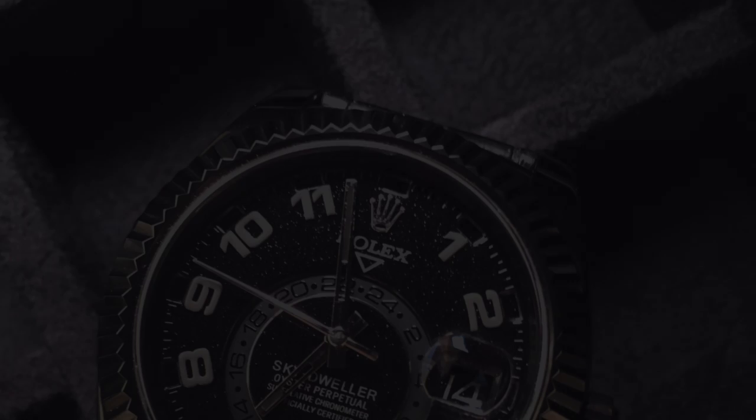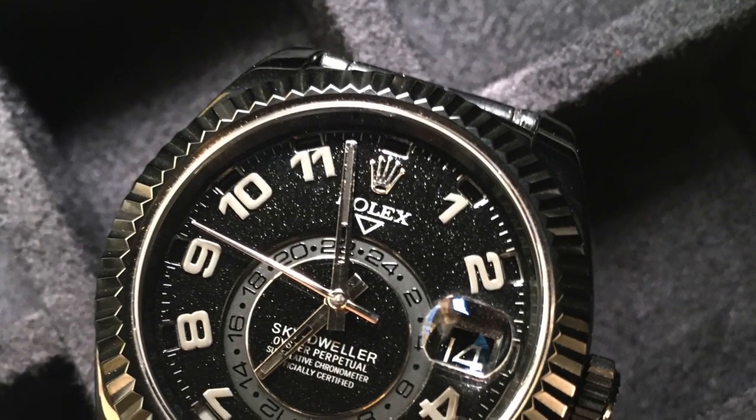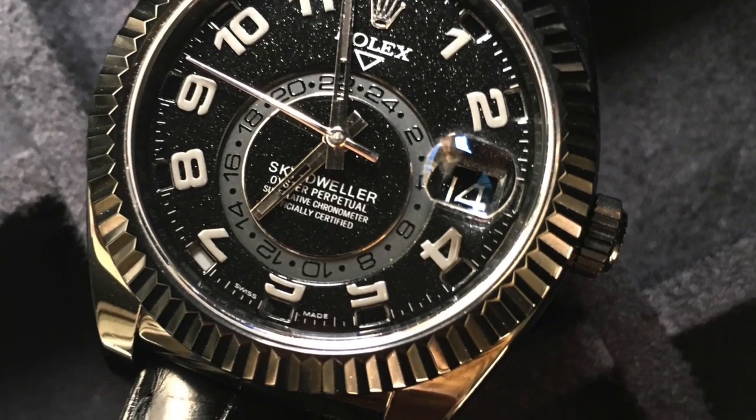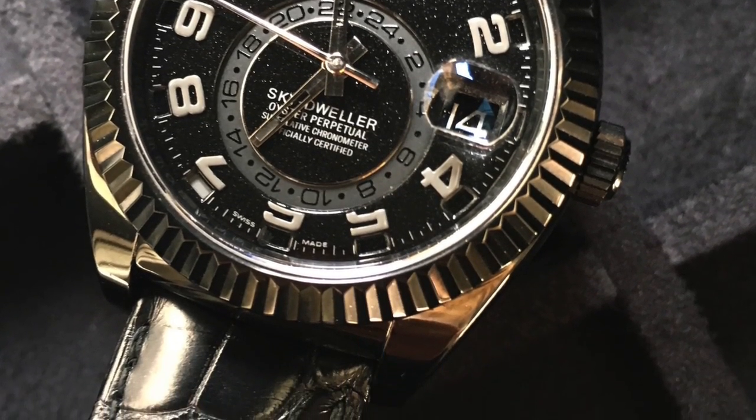So here's a thought experiment. Hypothetically, let's imagine that the entire GMT line was discontinued, or that it never existed after its introduction in the 50s. What should the GMT have looked like? If you want my thoughts, the GMT should have taken the form of the Sky Dweller. Why do I say this? Well, back in the day, traveling by plane was a